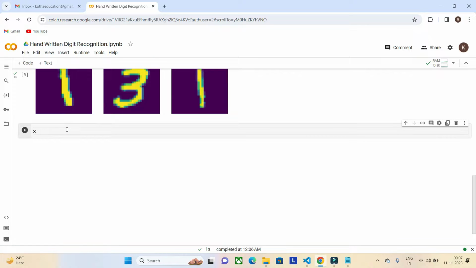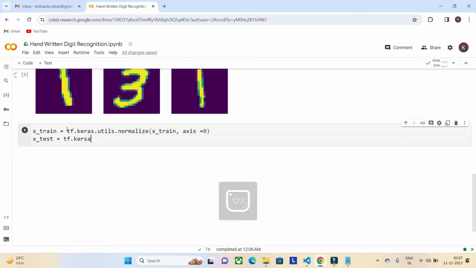x_train equals, so we have a built-in functionality in TensorFlow to do the normalization: tf.keras.utils.normalize of x_train, and axis equals 0. Similarly for the test data set as well. x_test equals tf.keras.utils.normalize of x_test, axis equals 0.